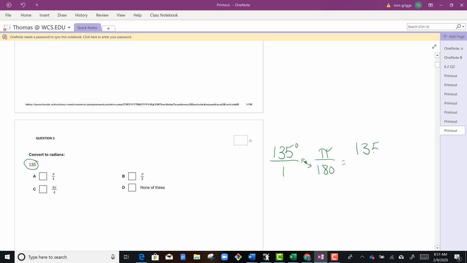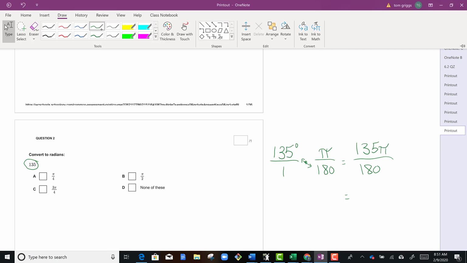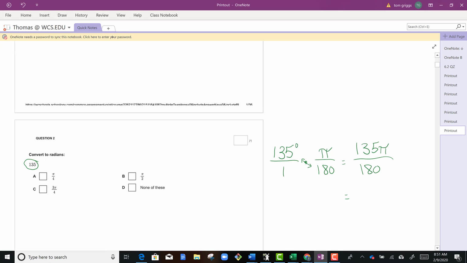I'm going to go ahead and multiply across the top and just reduce at the end. I'm going to reduce both of these by 5 because I know 5 goes into both of these numbers. So that's going to be 27. And 180 divided by 5 is 36. But then I see both of those numbers are both divisible by 9. So I'm going to reduce both of these by 9, and that's going to give me 3 pi over 4